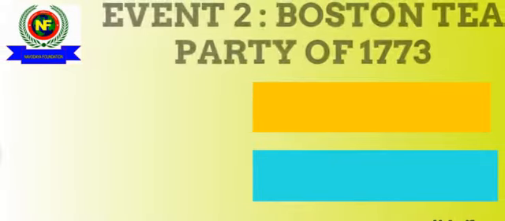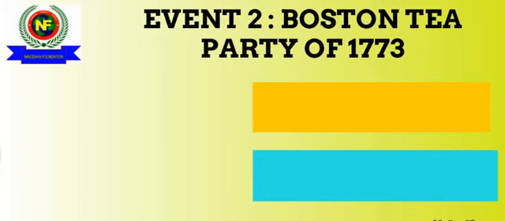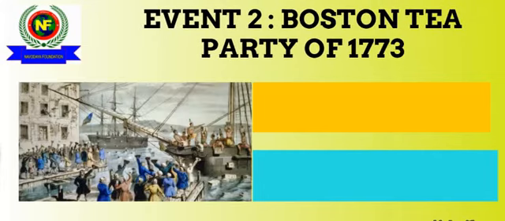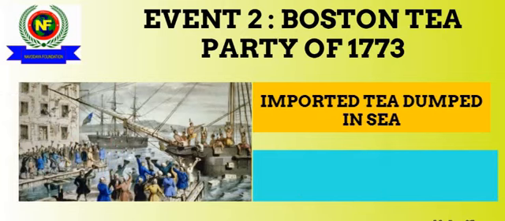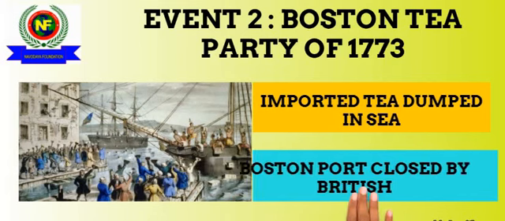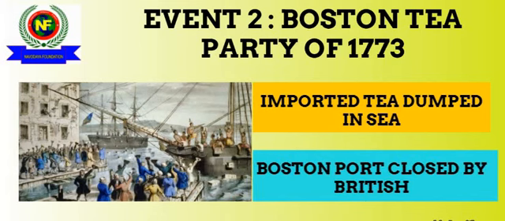Now, the second event can be understood against the backdrop of the tax that was imposed on tea. The second event is called the Boston Tea Party of 1773, wherein ships which had imported tea, for which new taxes were imposed, were dumped into the sea by Americans. This incident is famously called the Boston Tea Party. This angered the British government and it closed the entire Boston port itself, which thus prevented all imports into the